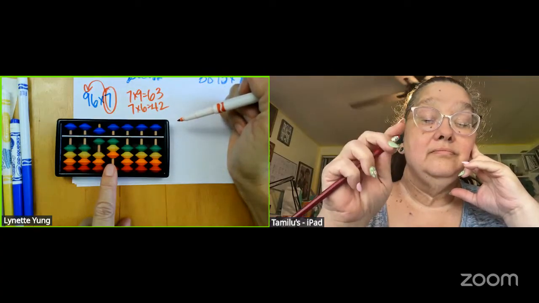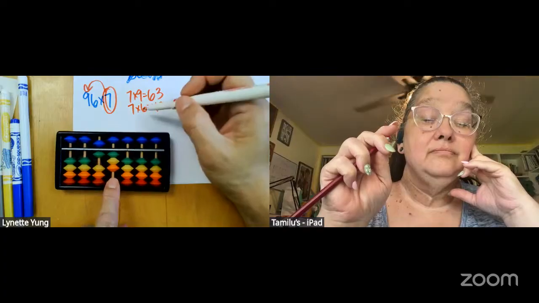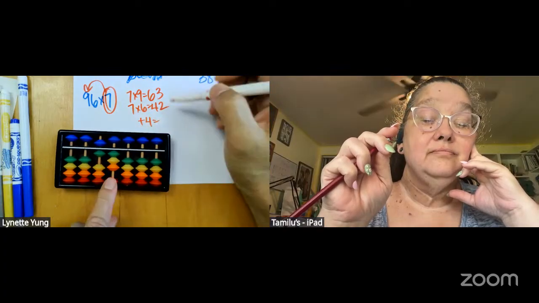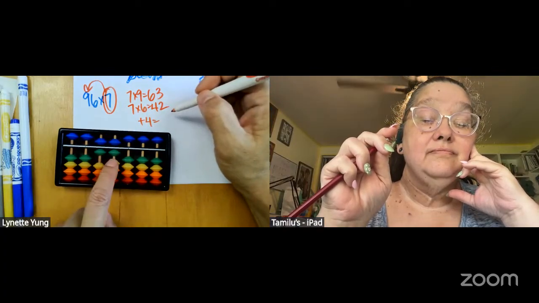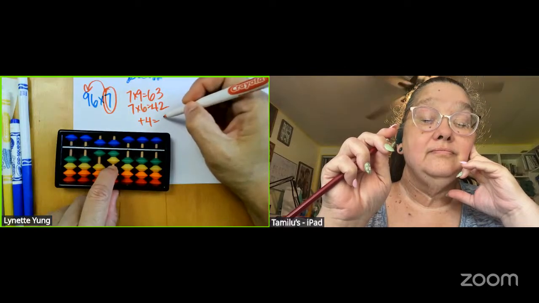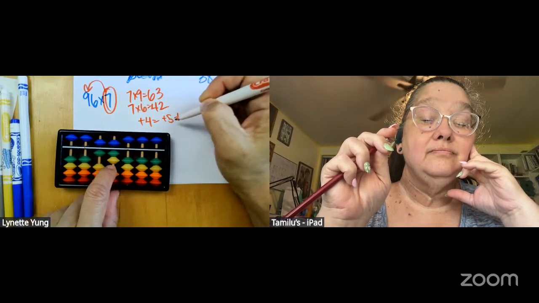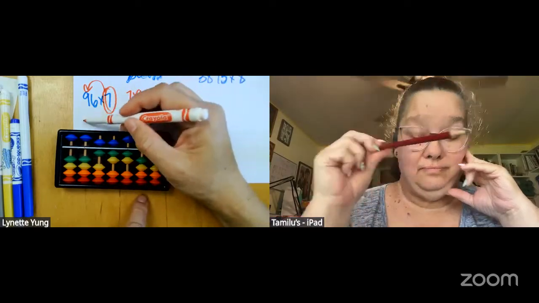So add the 4. Add the plus 2, 4 minus 1. And then 4 is equal to what? Plus the 5 minus 1. And then we add 2 at the end. Yep. So your answer is